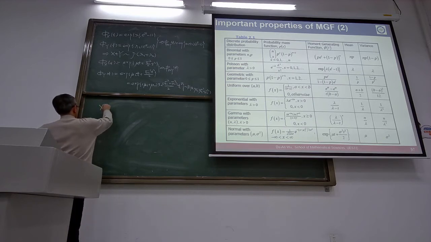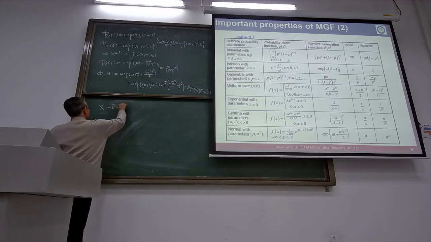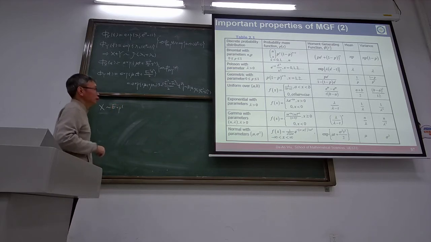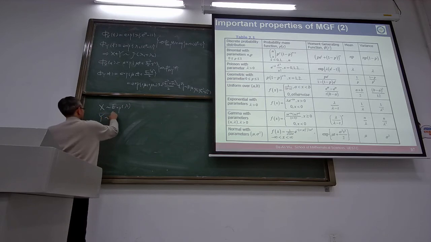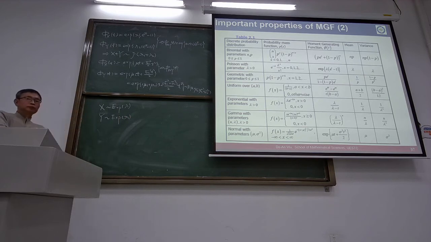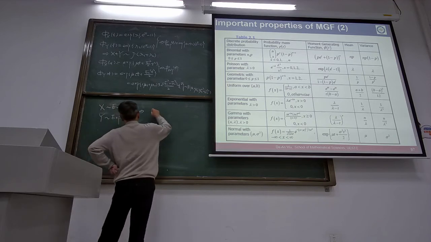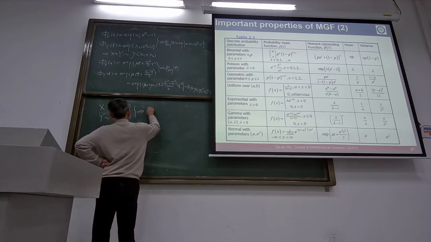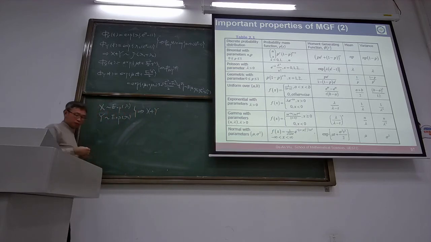If x follows exponential with parameter lambda, and y is also IID, and xy